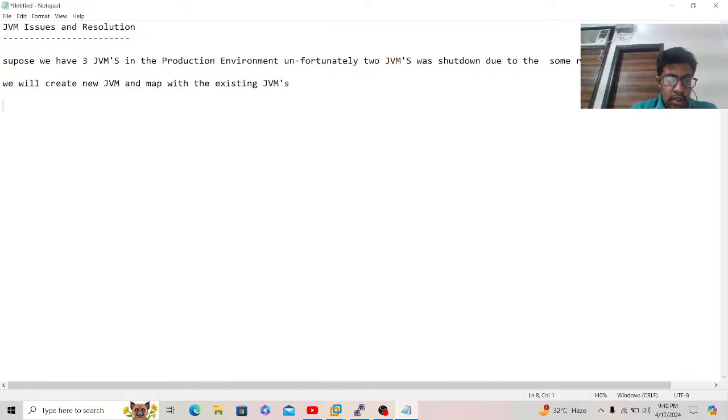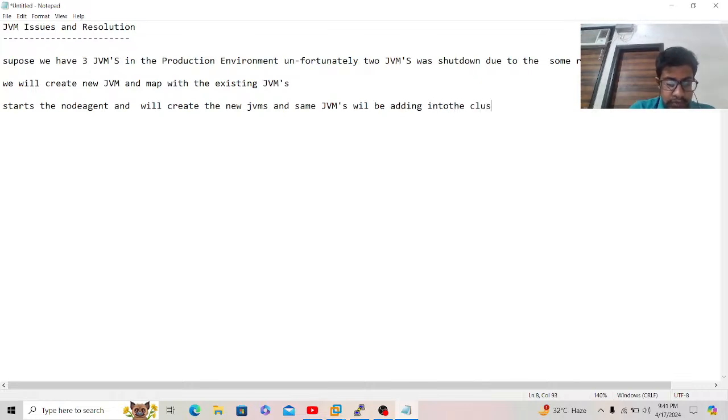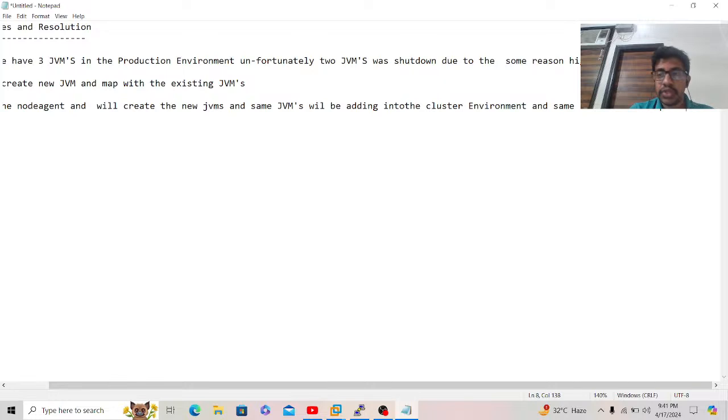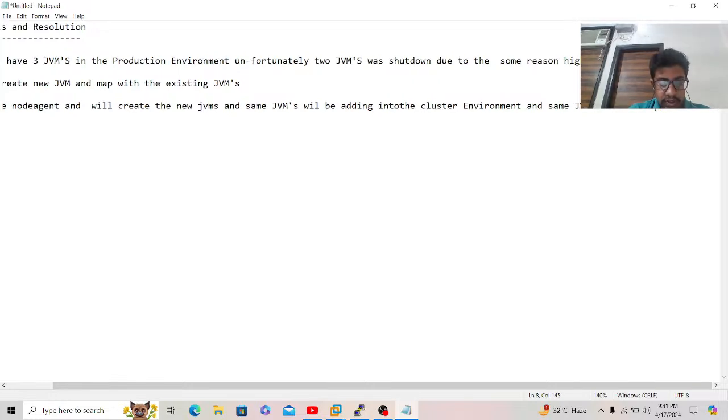So start the node agent and we will create the new JVM, and the same JVMs will be added into the cluster environment, and the same JVMs will be mapped into the application in the cluster, and